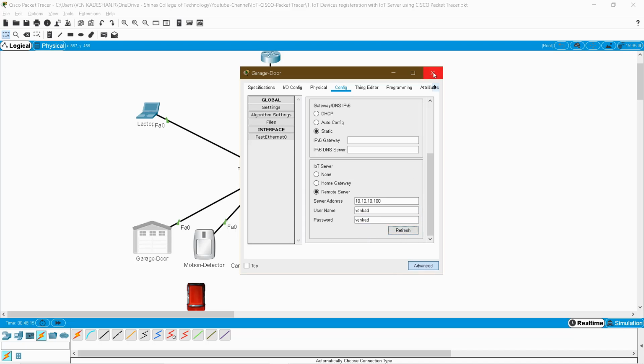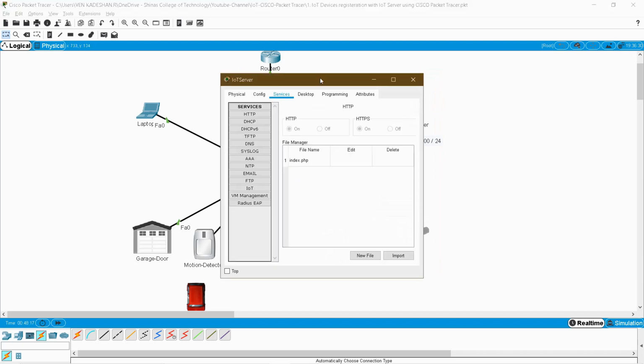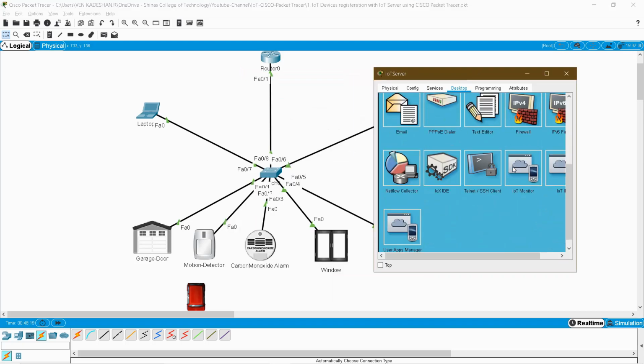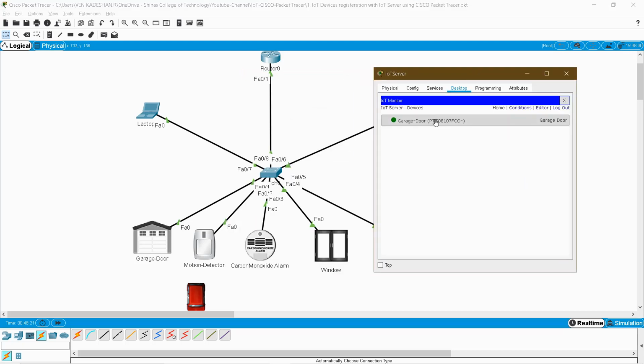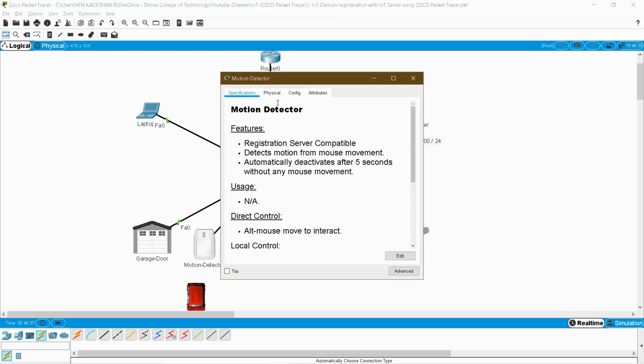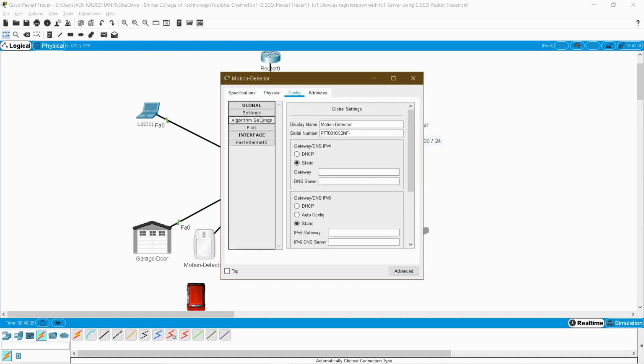Check it in the IoT monitor; see, in the server this device is registered. From here also you can control. If I click this, your garage door opens, and if you click it again, it will be closed. Go to the motion detector, config, settings, DHCP, get the details and go to remote server.